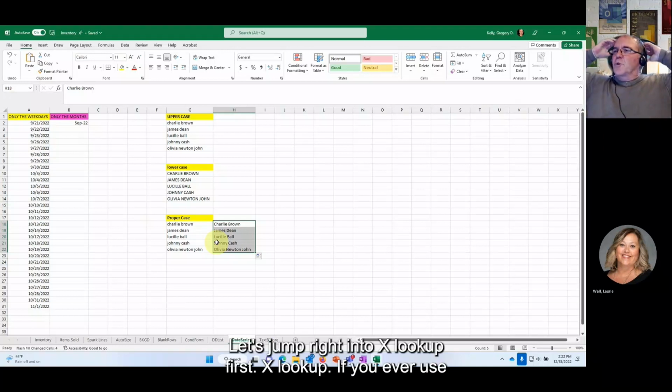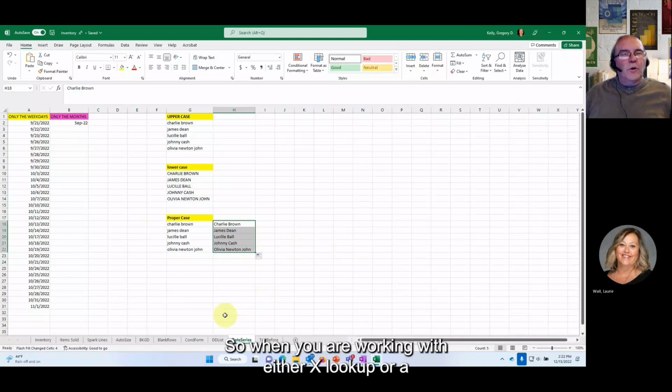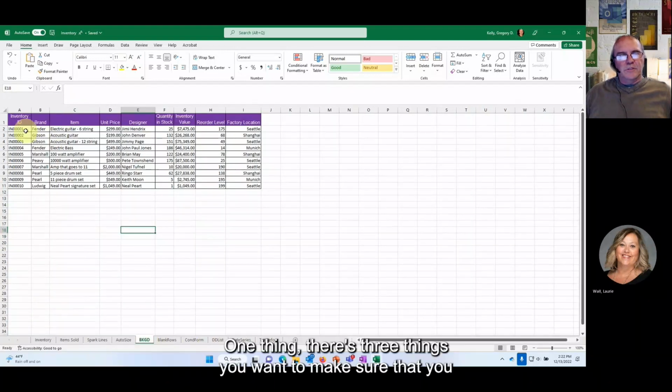Let's jump right into XLOOKUP first. If you ever used VLOOKUP for vertical or HLOOKUP for horizontal lookup, they've combined those. It's the next generation of VLOOKUP and HLOOKUP. It's called XLOOKUP. So when you are working with either XLOOKUP or a pivot table, there's three things